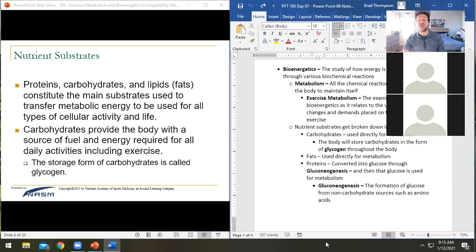So, when we're talking about carbohydrates, like I said, they're your body's favorite source of energy. The reason they're your body's favorite is because they can be broken down for energy very, very quickly. Glucose can get broken down into energy and converted to ATP so fast. Because of that, your body prefers to use carbohydrates, which means we need a pretty substantial amount of carbohydrates in our diet in order to fuel our body and give it enough energy to work out